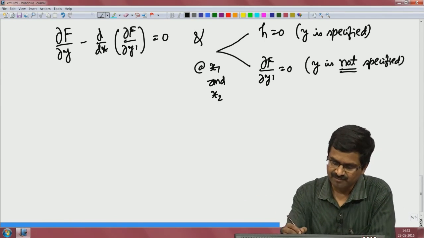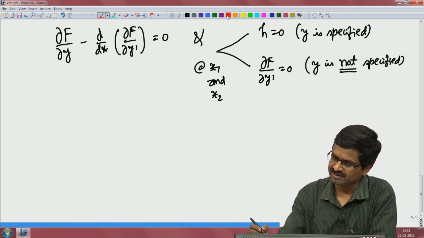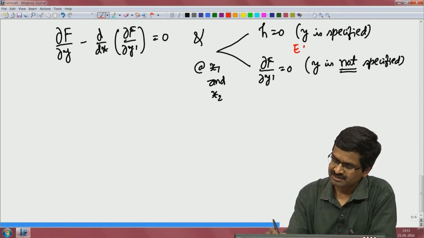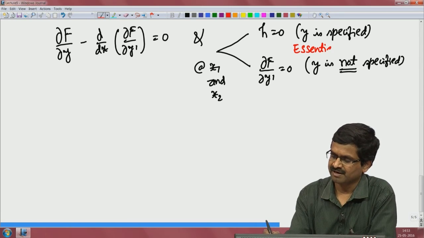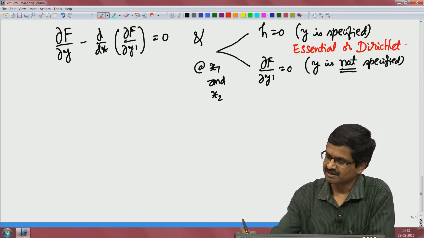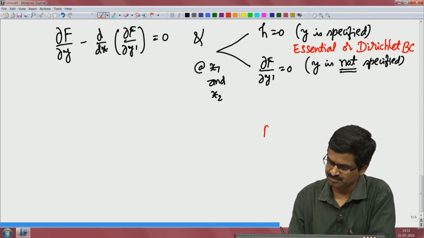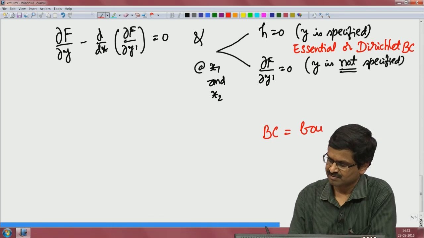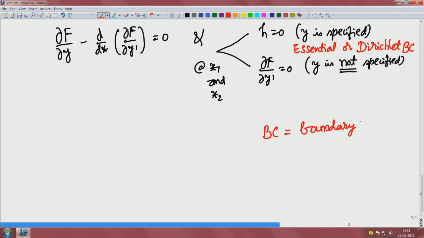And there is a name for it. When y is specified, we call it essential boundary condition, or named after a mathematician, Dirichlet boundary condition. I will write BC for boundary condition. BC stands for boundary condition. When y is not specified, we call that natural boundary condition, or named after a mathematician, Neumann